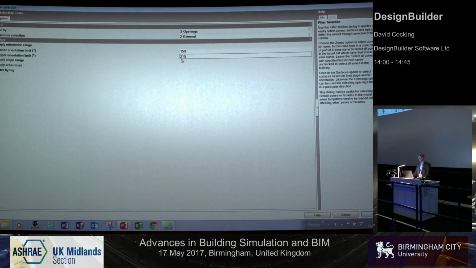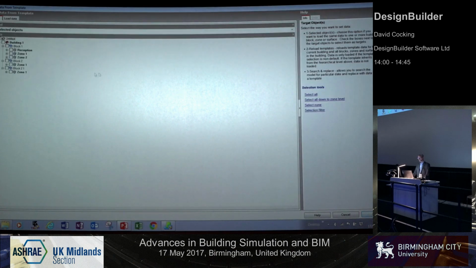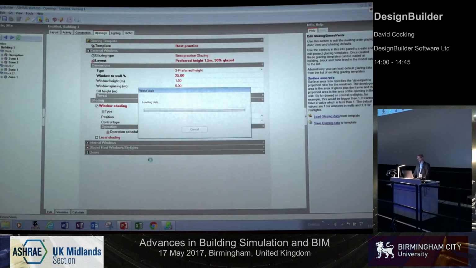this data will be applied to it. So I can also filter by the slope of a surface, or by if a surface is over a certain area, or even where I have templates with certain names. We can tag templates, and that's really useful for optimization purposes as well. So I'm going to click on OK, and OK that,